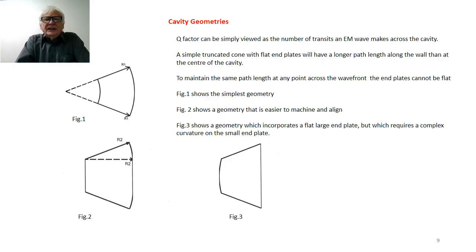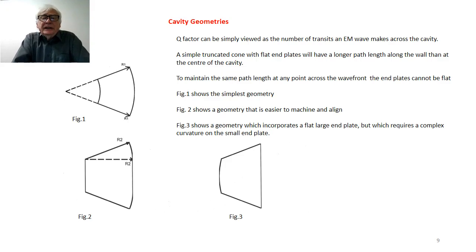However, if you're going to have a flat large end plate, the surface of the small end plate requires quite a complex curvature, which you can calculate, but it needs extremely good machining tolerances to maintain the Q of this particular